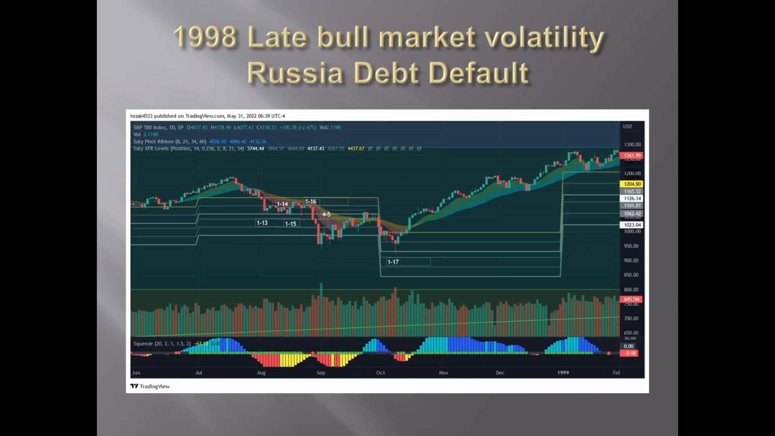Okay, so here we are in 1998. This is your late bull market volatility. There's also a Russian debt default problem going on here. People are worried about the market being overvalued for one thing, right? So you get a bunch of interactions here. 1, 2, 3. They bounce. They hit the mid put, bouncing around the mid put level, and then finally you get a pretty good solid move all the way down